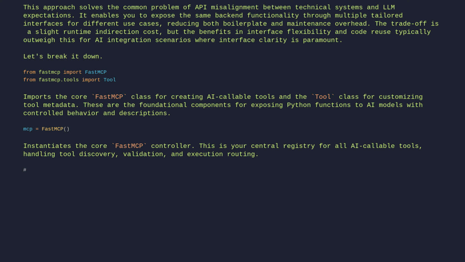# The original, generic tool. @mcp.tool def search(query: str, category: str = "all") -> list[dict]: "Searches for items in the database." return database.search(query, category)